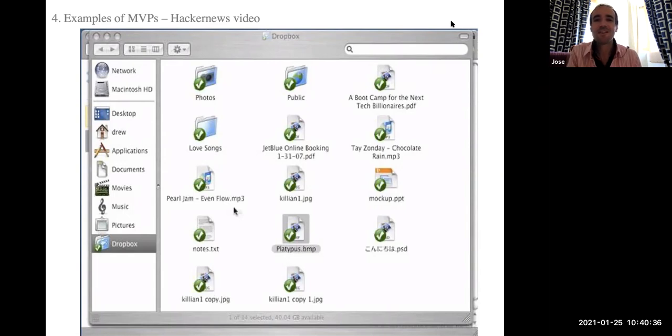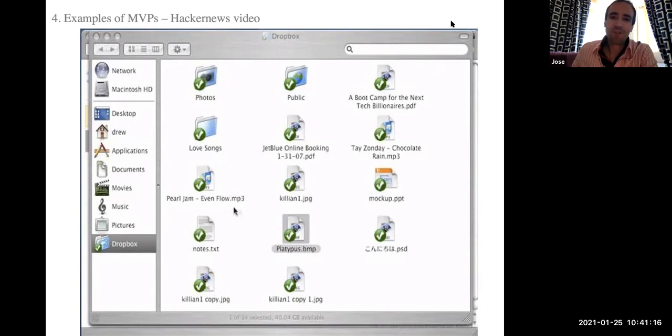Okay. Any other way to test this? So what they did at Dropbox is that they made a fake video of how the software would look if it worked. They paid someone to do a fake Photoshop video of a user pretending to use Dropbox as if it worked. And then they published this video on a hacker list called HackerNoon. And then they said, hey, we made this software, it's in beta. If you want to test this beta version, send us an email, put your email here. And then they got like 4,000 emails.